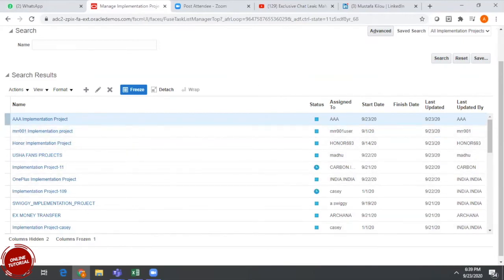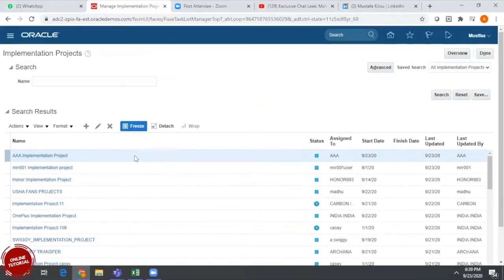But if you take the customer instance, we can usually create only one project. If going forward you require, we can create another project. Usually we don't have this many projects. So based on the requirement, we can create the project here. Just click on create project.